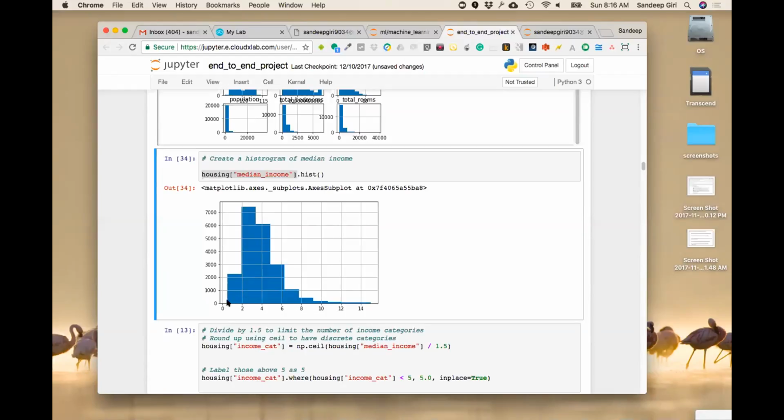Because median income is what is provided per district, median income is on the x-axis. On the y-axis is the number of people belonging to that income. So we are saying that these many people, or these many districts, have income